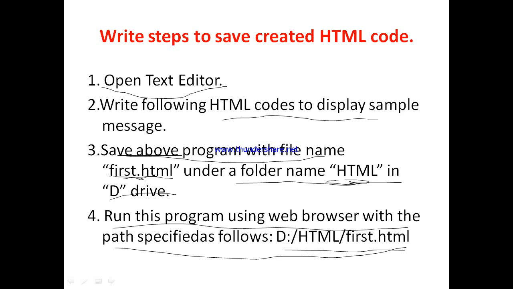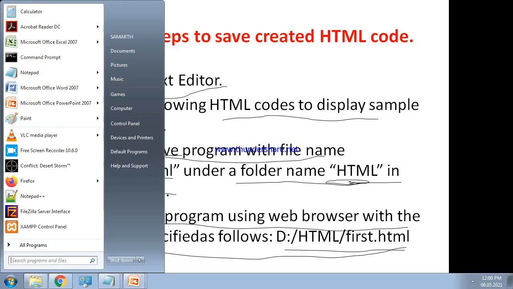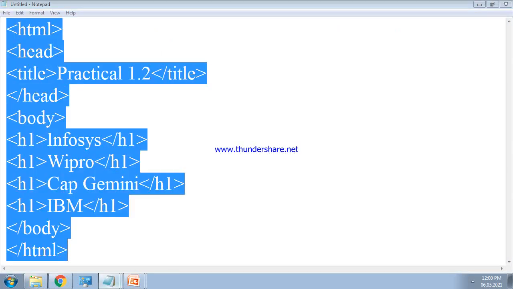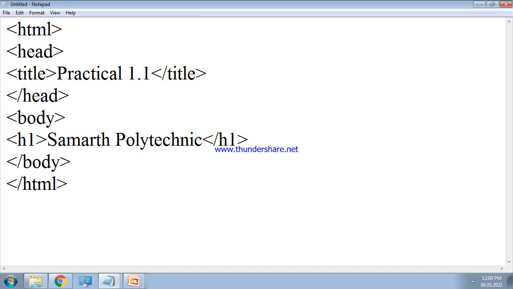Okay. Now let us see how to run the HTML program. Let us see one program execution. This program, we have been told to save using our name.